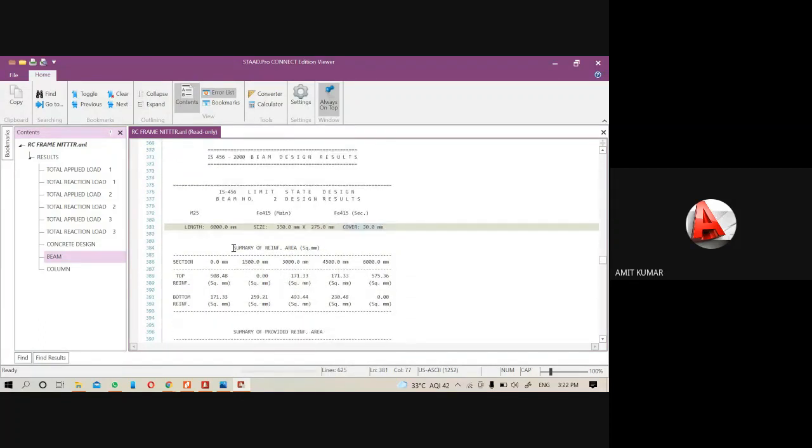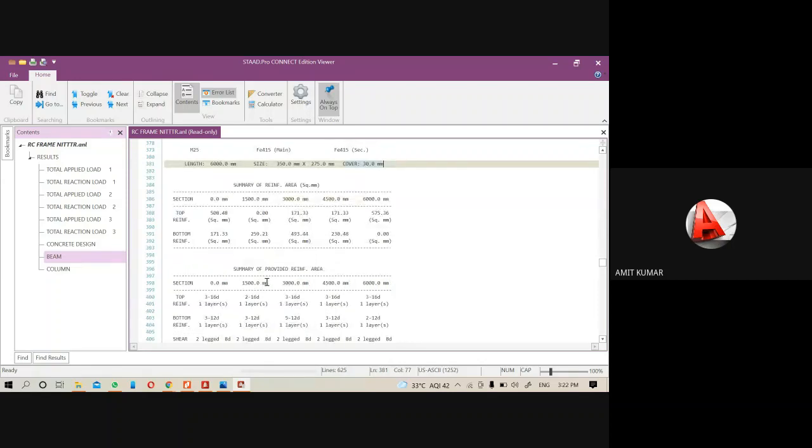Then go to the summary of the reinforcement. Here first we will get the total reinforcement area. That means at the top we have 508 square mm of steel. At the bottom it is 173.31.